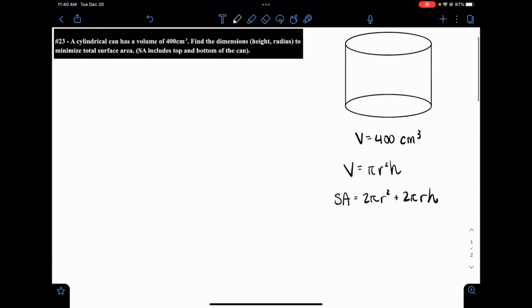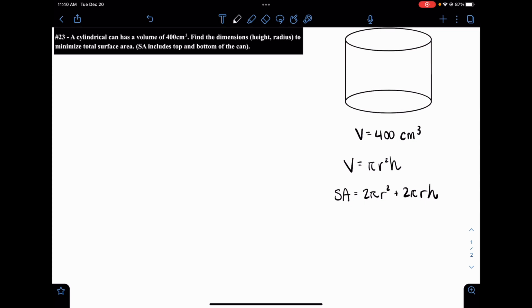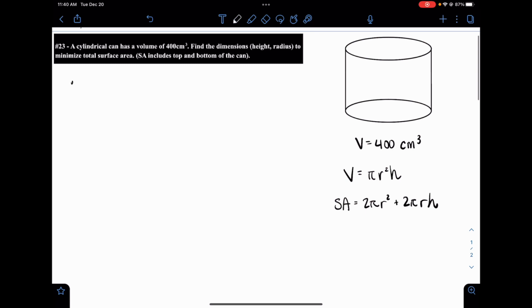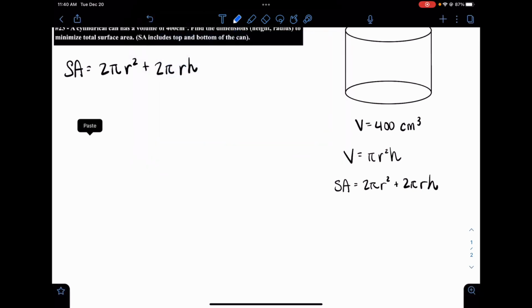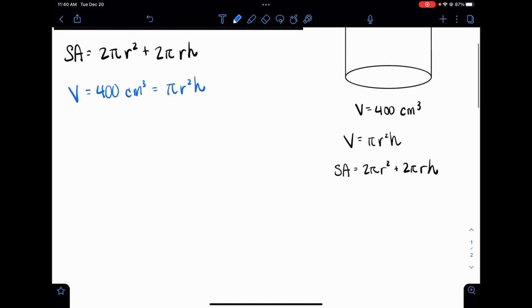So next, we want to be able to find a way to simplify this equation so we can take the derivative of it. So we have two variables in here, and we don't want to take a partial differential. So that means somehow we're going to have to turn a radius into a height or height into a radius. And we're going to use these two constraints that we were given. So if we know volume equals 400 centimeters cubed, that also equals pi r squared times h. We can actually solve for height,